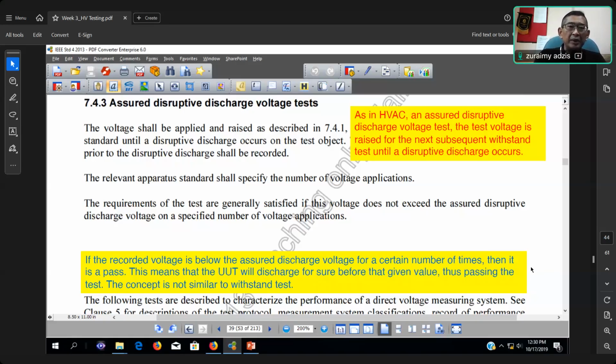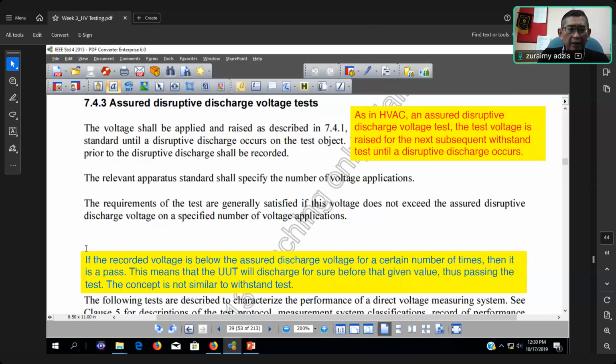The assured disruptive discharge voltage test for DC, since we are in clause number 7, right? DC. So as you can see, 7.4.3 and 6.4.3 are similar. They are similar in terms of the voltage applied and raised as described in 7.4.1. The only difference is their voltage, right? And then